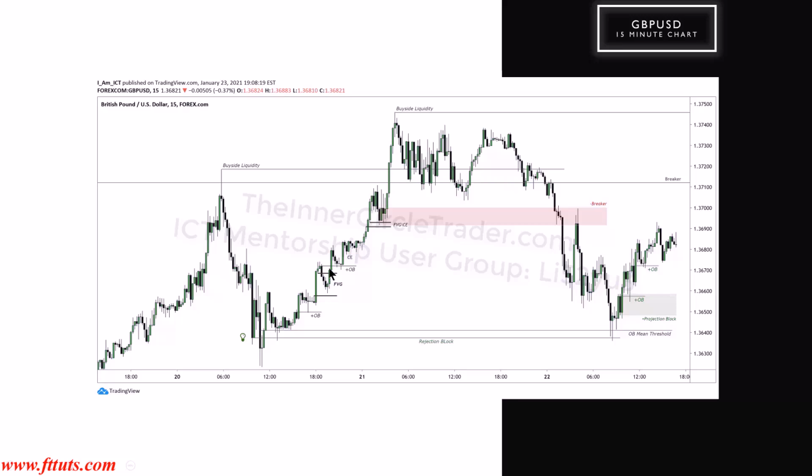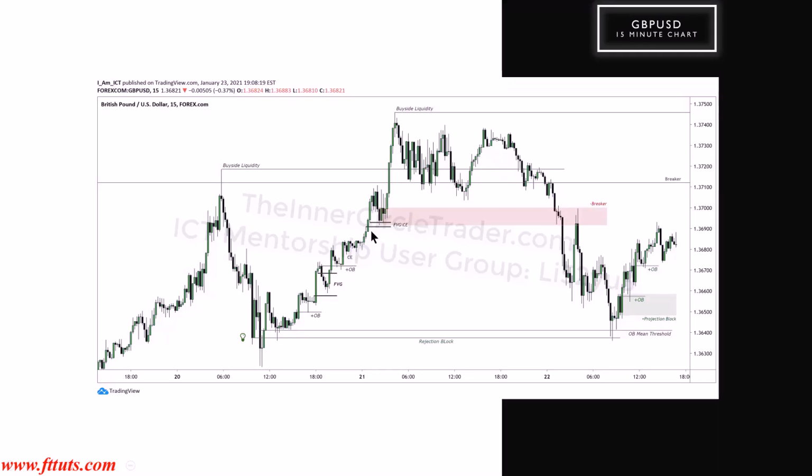We have the order block here, rallies, and we have consequent encroachment. It trades down from this candle's low to this candle's high, so it goes to about the midpoint of that. We have an order block also here, support, and then a small fair value gap there, consequent encroachment, and then it runs. This is your breaker prior to the run into this buy side liquidity.